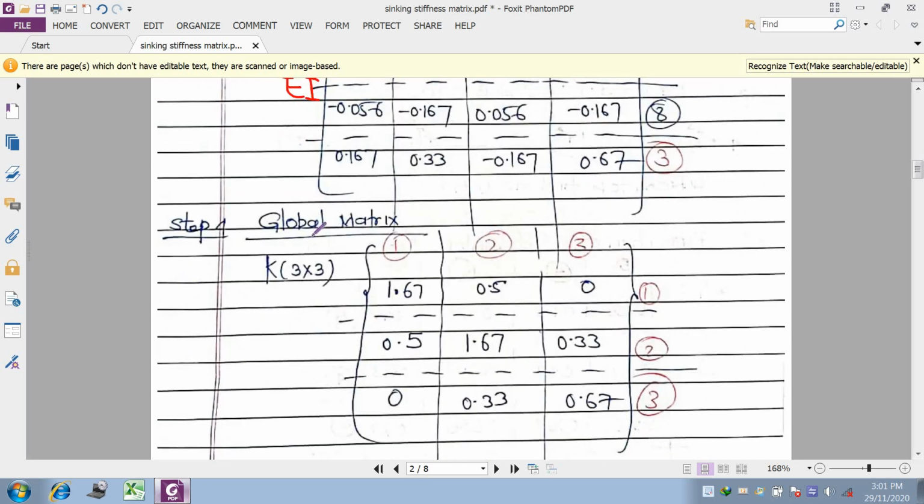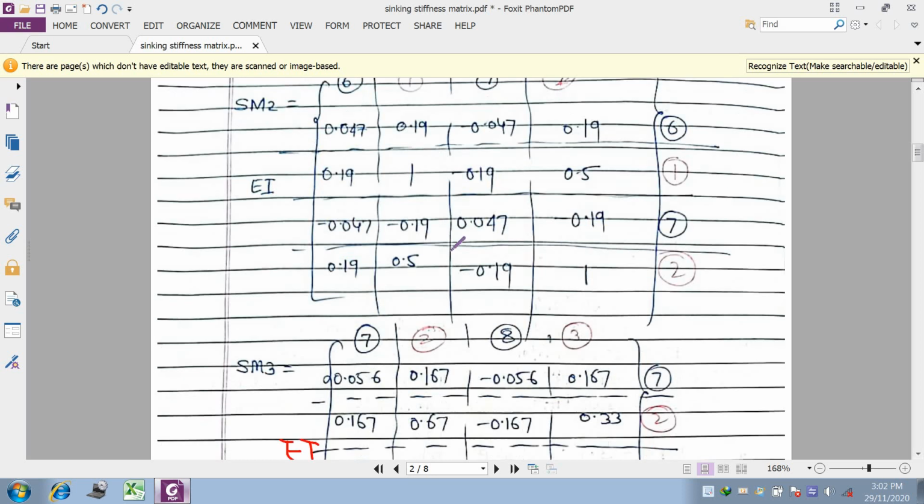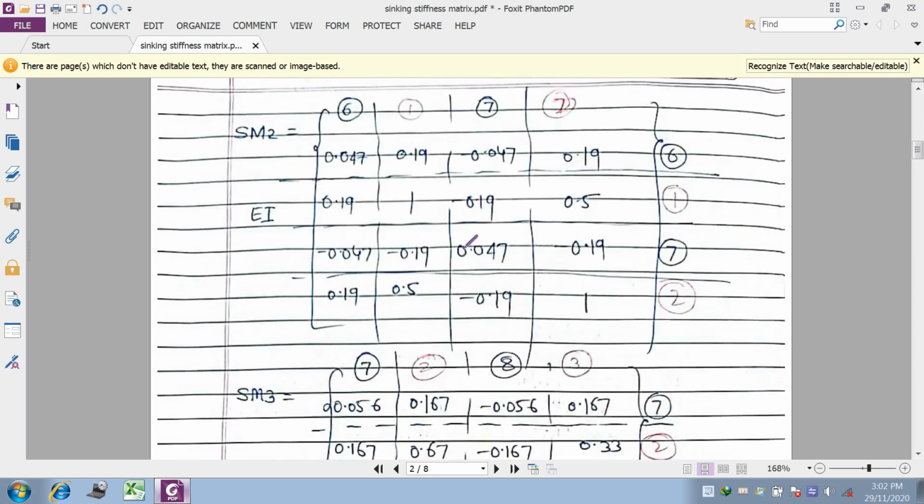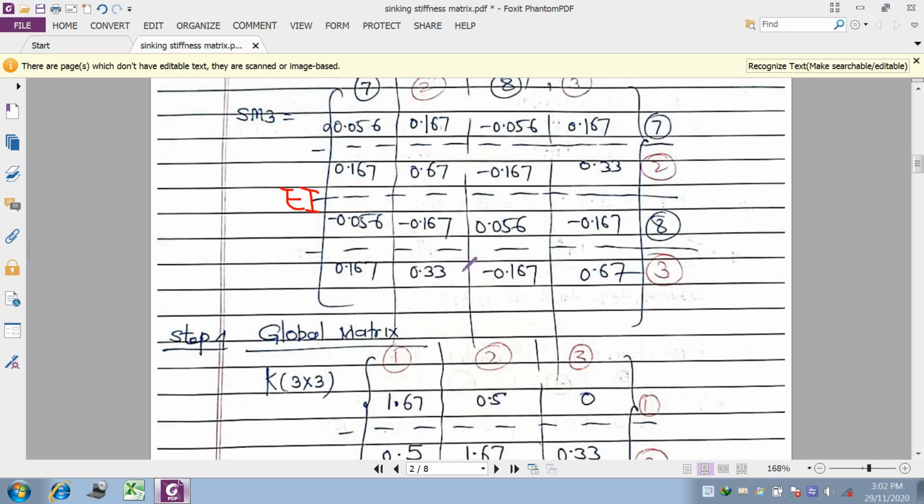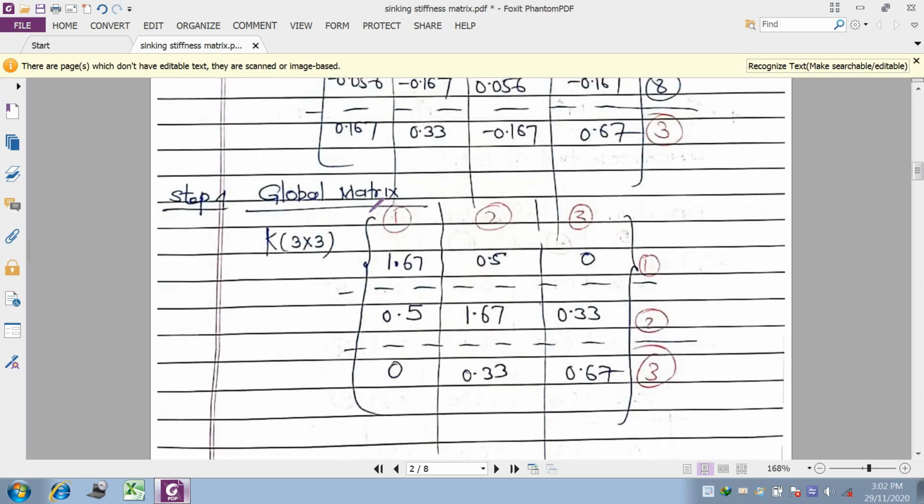Now the next step is the formation of the global matrix. The global matrix in this case will be 3 by 3, and the unknowns are 1, 2, 3. So the matrix will be written in the form of 1, 2 and 3 coordinates here and 3 coordinates here. We have to see very carefully: 1,1, 2,2, 1,3, and similarly 1,2, 2,2, 3,3, 3,2 and 1,3, 2,3 and 3,3 from the previously calculated 3 matrices. We have to add each and every one so that we can form the final global matrix in the 3 coordinates 1, 2 and 3, where the unknowns are to be calculated.